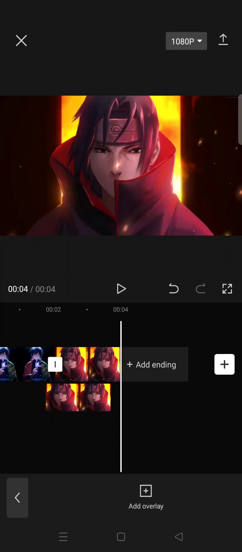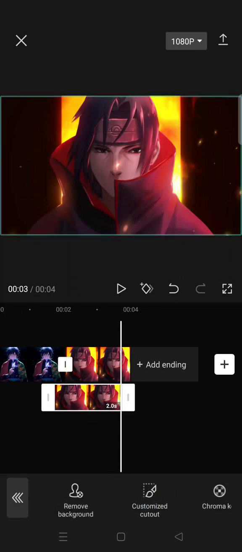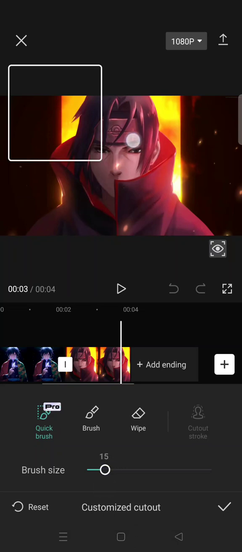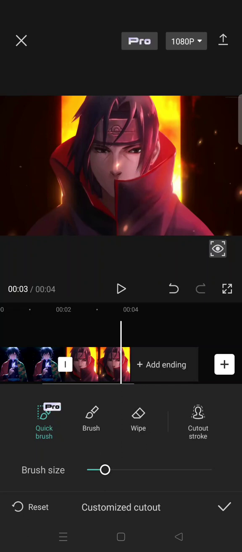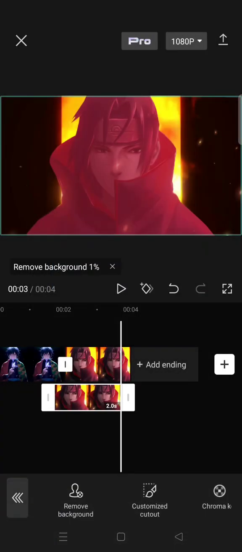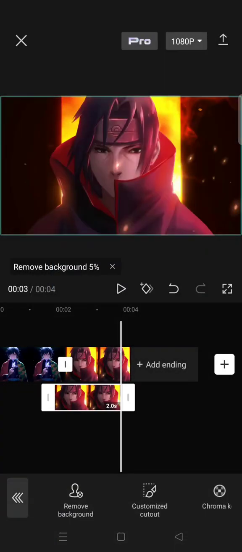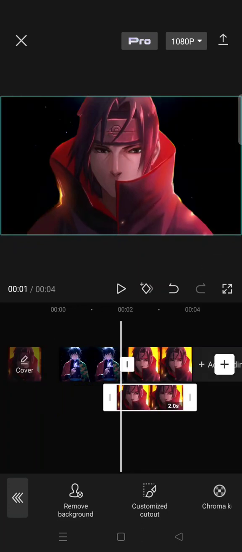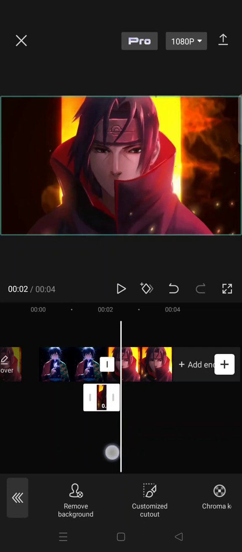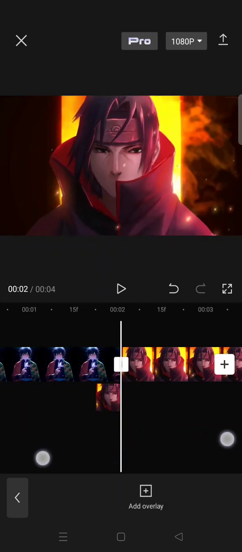And then after that, click on the overlay, go to cutout, and click on customize cutouts and use the quick brush. So you can just brush off the part that you want to cut out like this. And then after that, click on the check icon and CapCut will automatically cut out the object on the clips. Okay, so now trim the clip to only 0.1 seconds like this